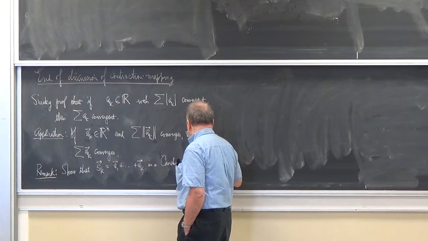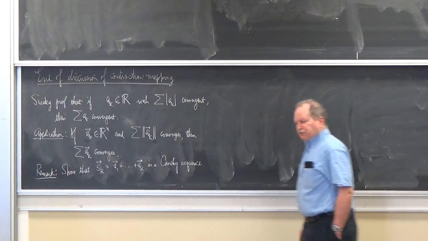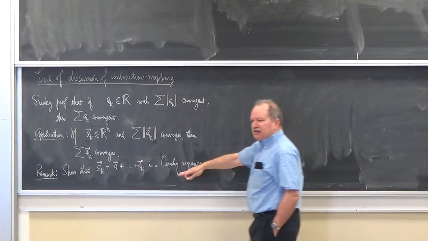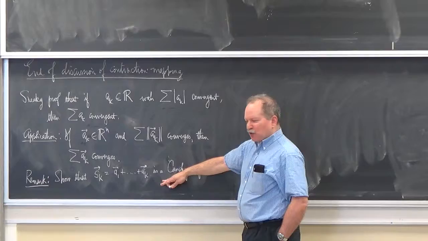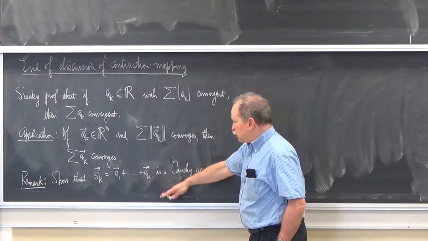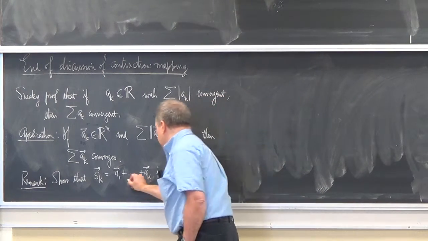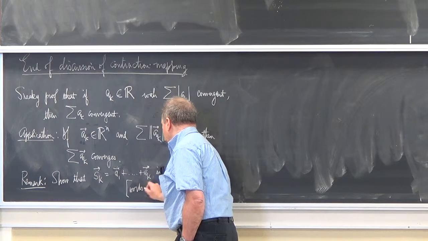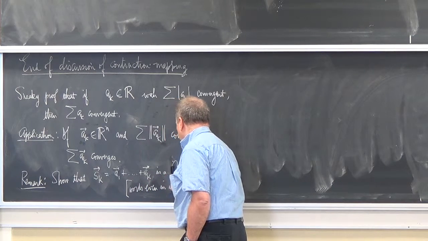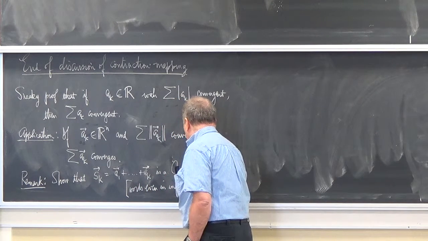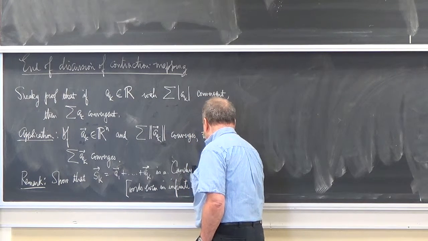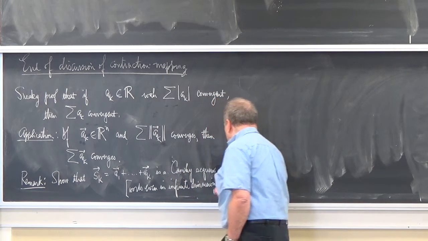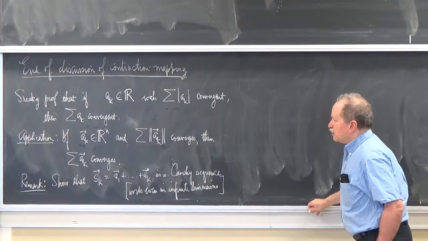And Cauchy sequences converge. So if you know what that means officially from either 2410 or 3100, you can do the proof that way. And this works, as I said the other day, even in infinite dimensions. But since we're not going to use that in this course,